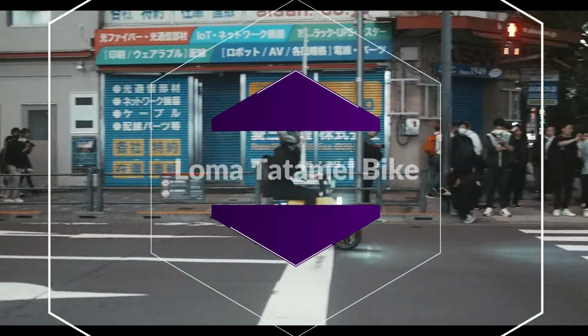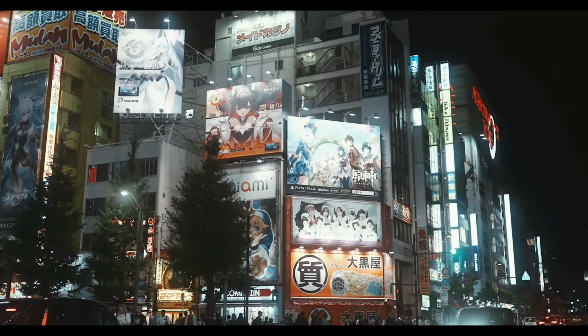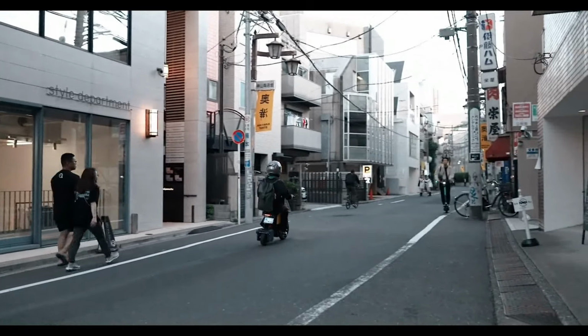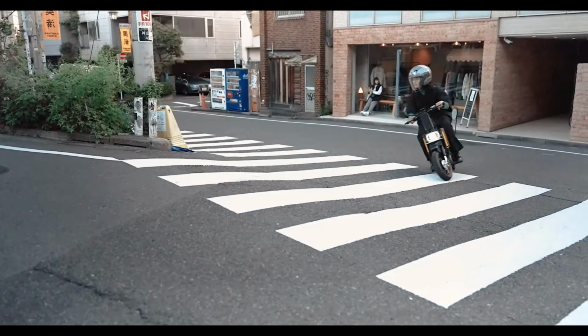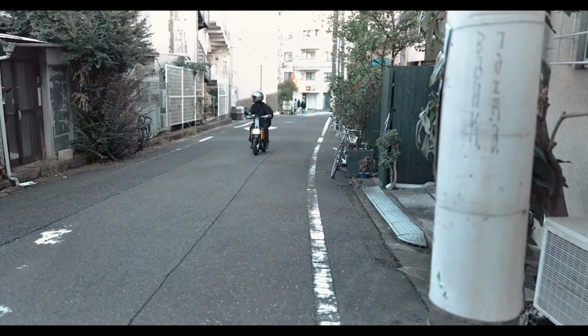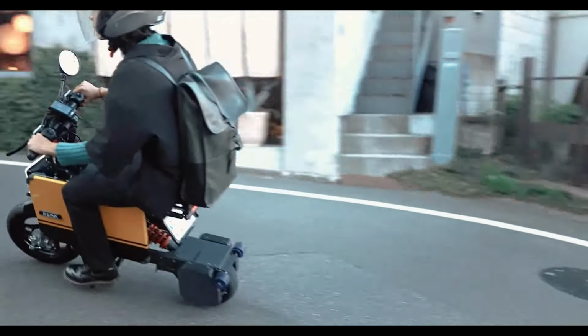Is it a bike? Is it a suitcase? It's the Lomatamel, a folding e-bike that's made for the city and built to disappear. This ultra-compact electric ride folds in seconds and fits under your desk, in your trunk, or even beside you in an elevator. Fully electric with a sleek design, it's perfect for commuters, students, and city riders who want style and